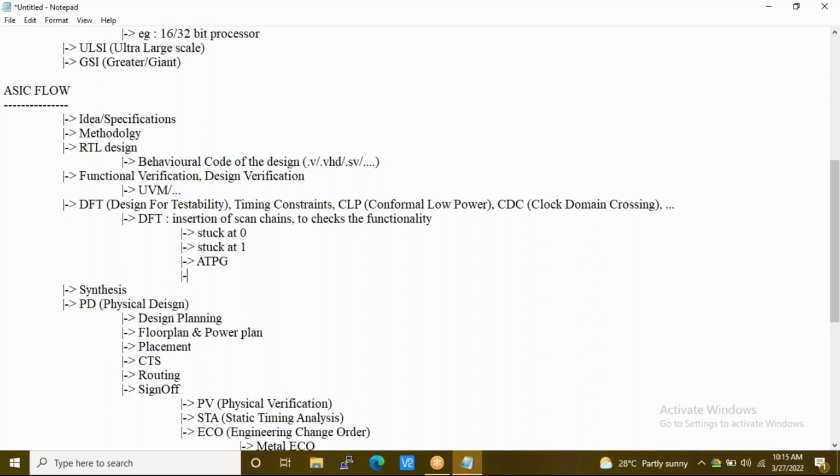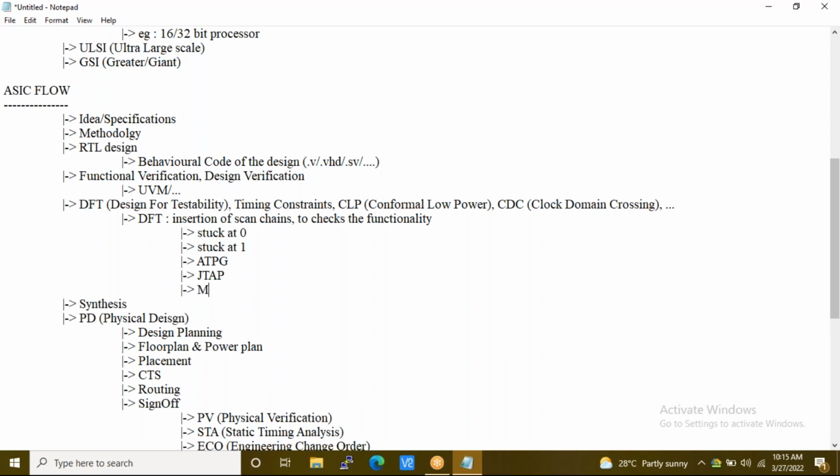For those who are in their final years, they should be able to know. Or is it not covered yet? Automatic test pattern generation. So JTAG. Okay, automatic test pattern generation. Like that, we will have JTAG and MBIST. So I'm not familiar with them again. A few stages I'm not familiar with because I haven't worked at those particular levels. So that's why I'm not very comfortable with that.